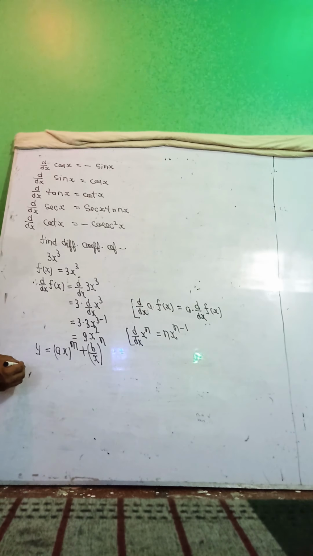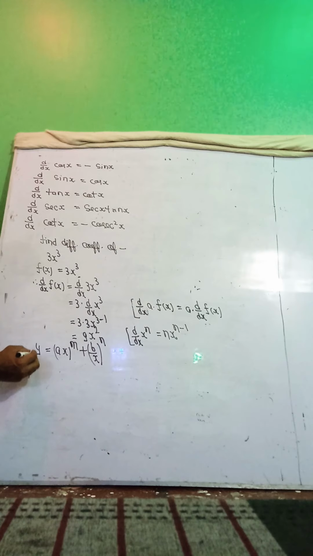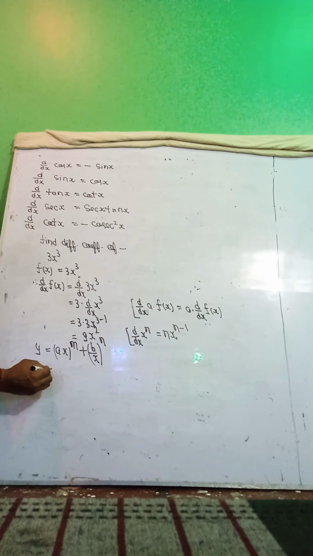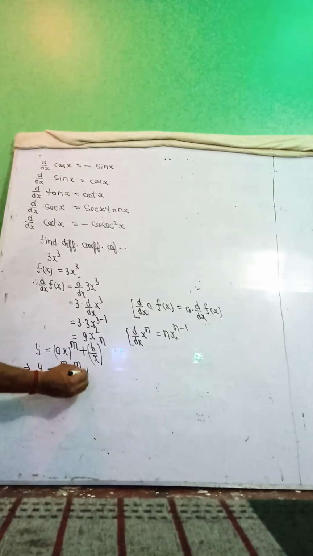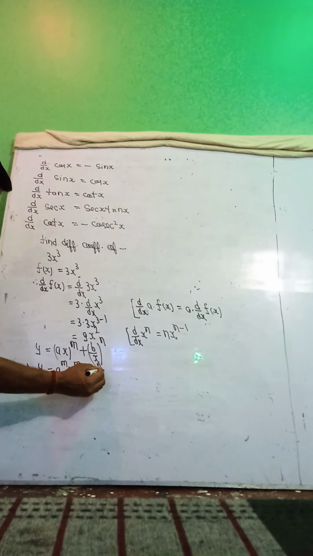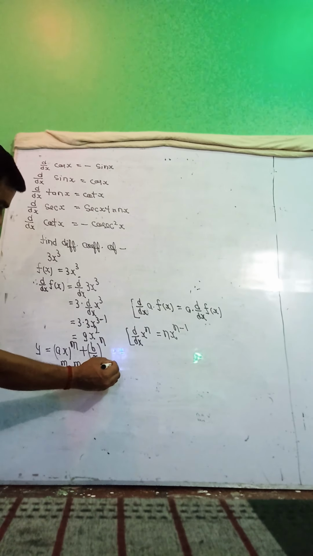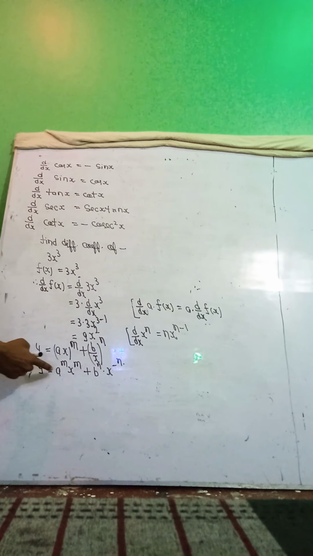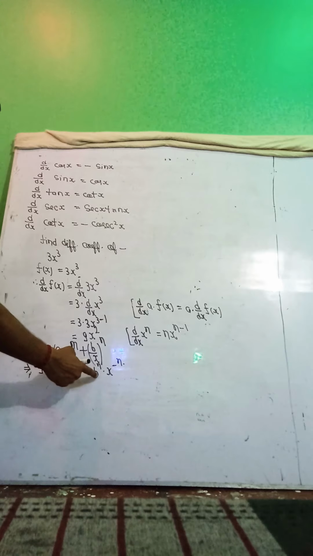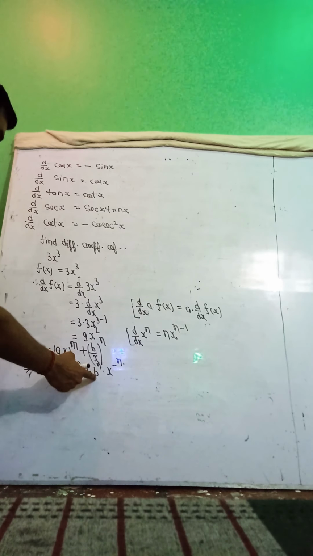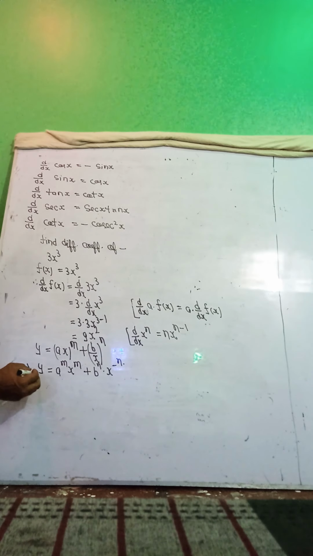Here we may write it y equal a power m x power m plus b power n into x power minus n. Here you know a power m and b power n are constant, so